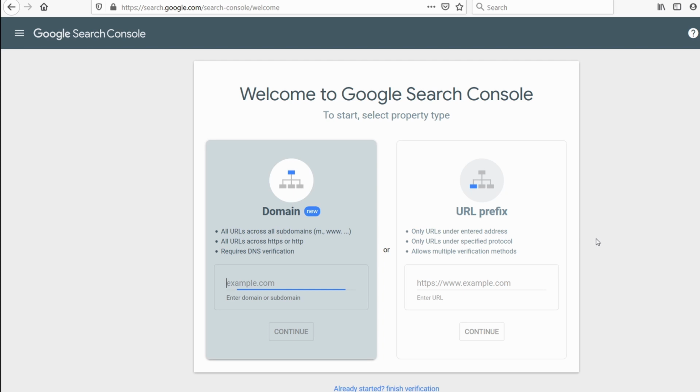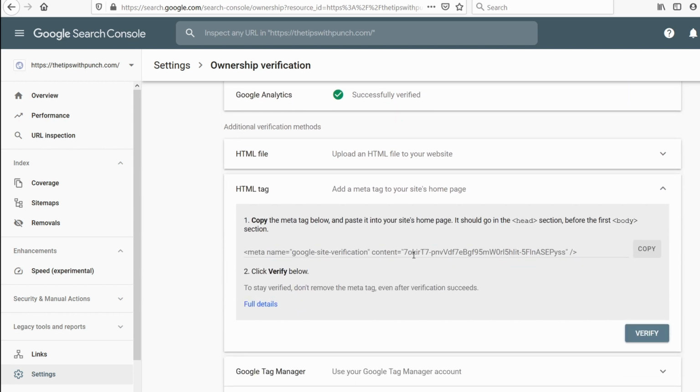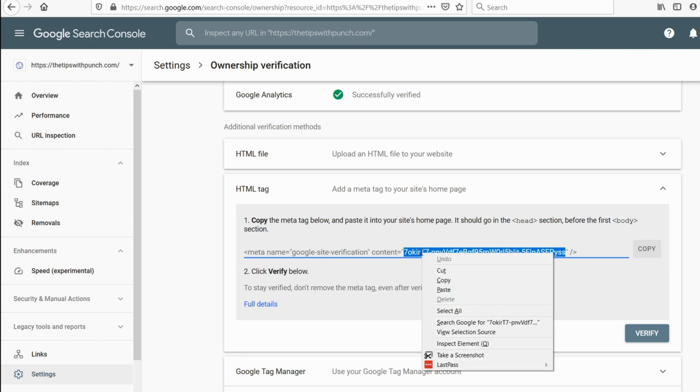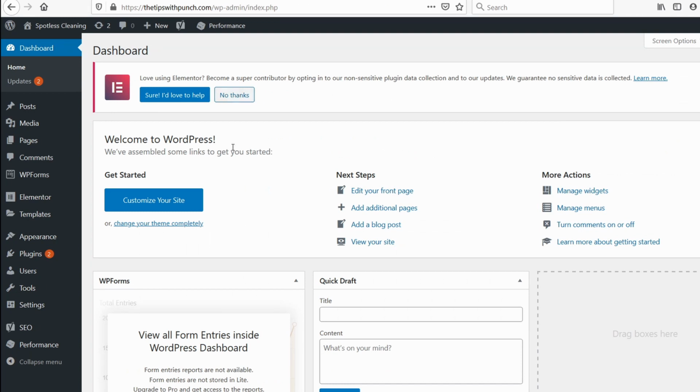In that case, you'll see something like this. You'll have a few ways to verify that you actually own the domain, so that Google knows that you own this and they can show you all the data. So in that case, what you need to do is open up this HTML tag, and they have this code. All you need to do is grab this part that's inside the content. Don't take the quotes, just grab this one, copy,